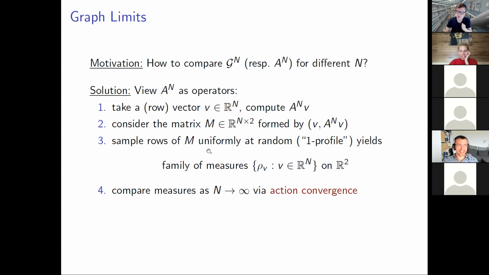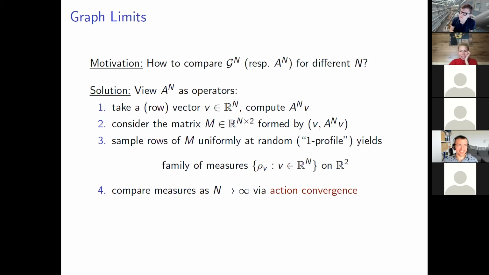So the smart idea is you sort of coarse grain this in the correct way, meaning you sample from this n cross 2 matrix of v and A_n v uniformly at random. That's basically a measure theoretic sampling of the action of this operator A_n. And this gives you a family of measures that depends on the vector. You can scale that to have measures on [0,1] cross [0,1], effectively. That it's not on R^2, but it's on a unit rectangle. So you can scale these measures. And if you scale the vectors v, you basically scale the measures. Yeah, and then you can compare measures